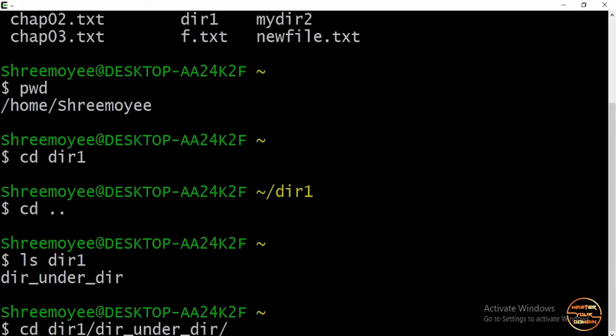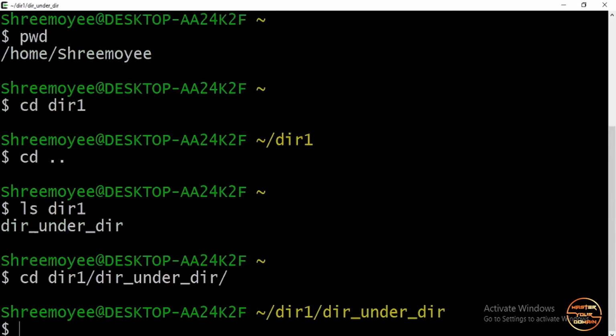You can just hit tab for autocomplete, but it only works when there is no ambiguity with the directory name. Suppose there is another directory under dir1 with the name dir11. If I give dir and hit tab, it's not gonna understand. So there should not be any ambiguity with the name. So if I hit enter, it's gonna take me to dir under dir1.